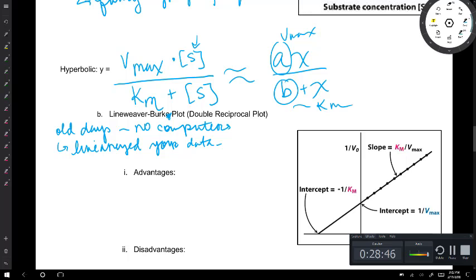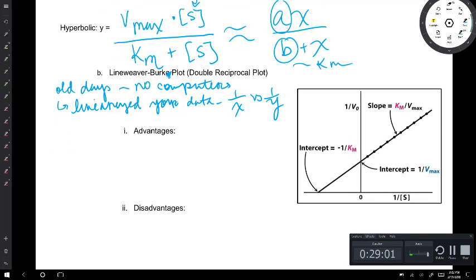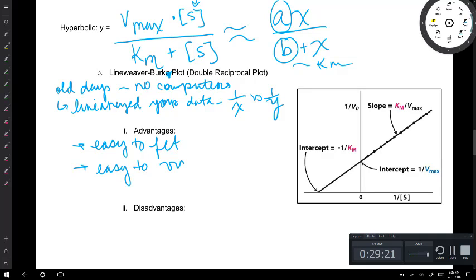You could do this by taking 1 over the x versus 1 over the y. And when you take 1 over the x and 1 over the y of a curved fit, it gives you a line, and you can see that here. So our x-axis for a Lineweaver-Burk would be 1 over the substrate concentration, and our y would be 1 over the velocity. The advantages of this method are that it's easy to fit,